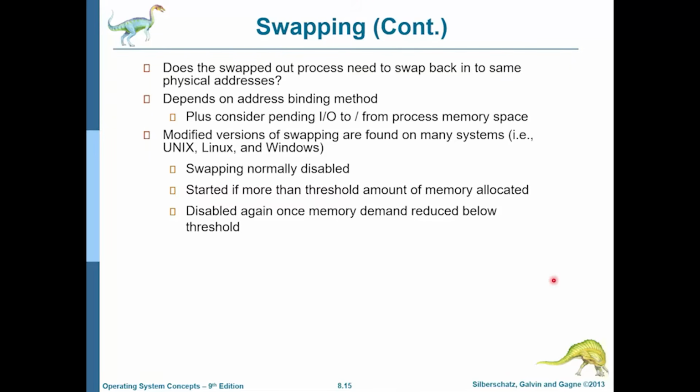A solution to that is to always use the kernel, that is the operating system, as an intermediary and say, you create a buffer inside you, whatever the hard drive reads, you put it inside your buffer and give it to me whenever I need it. But this can lead to a problem called double buffering, which is totally unnecessary, and that can be one problem of swapping. Swapping is normally disabled, but if memory availability is running really low, then swapping can be enabled in systems.